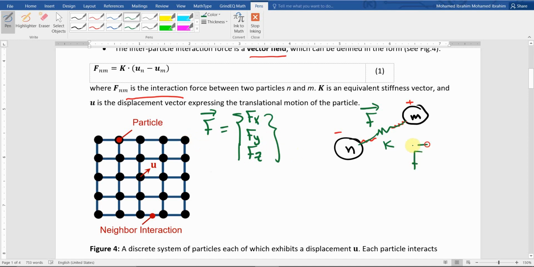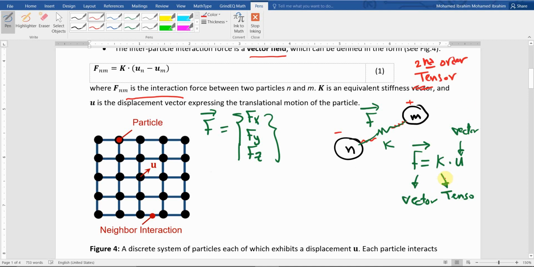So how can we end up with this spring force? As normal, the spring force should be k times the displacement, right? But this displacement itself is a vector, and this one should be a vector. So what does it mean? It means that this k should be a tensor. So there is a type here: this k should be a tensor. Which order of tensor? It should be a second order